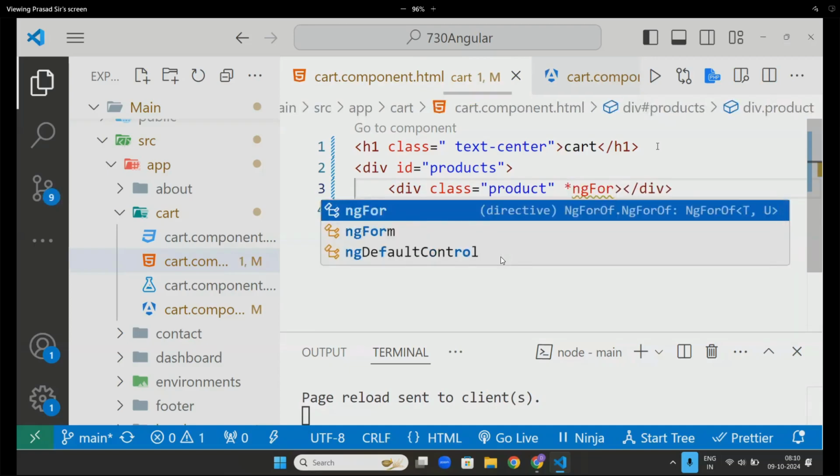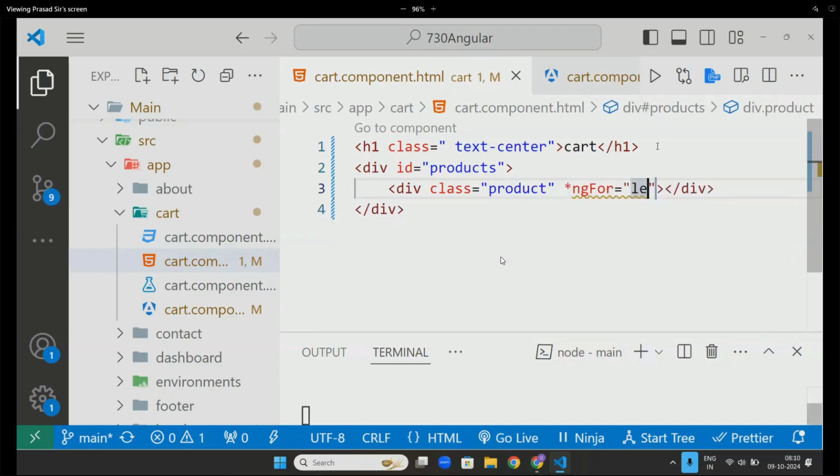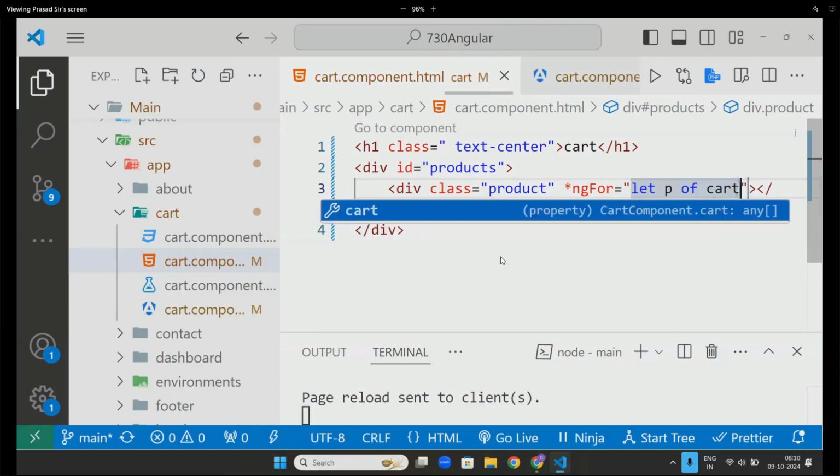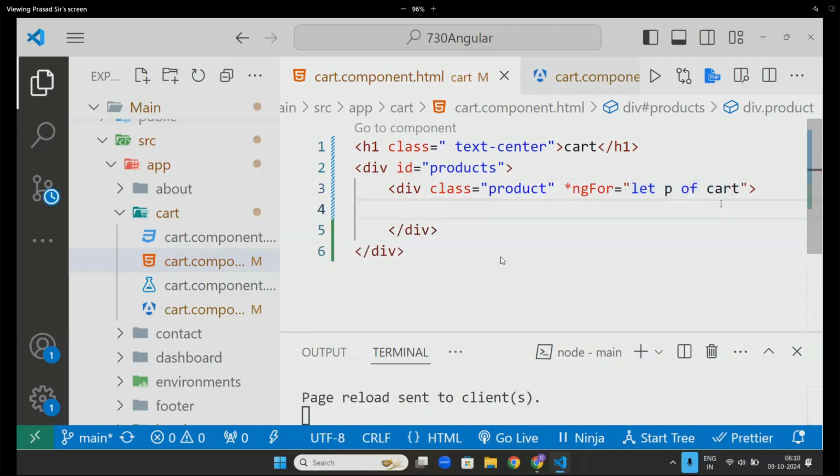Already everything is inside an array. Let p of cart. Now inside this, whatever the value inside this p, I will give one class value, not only product.